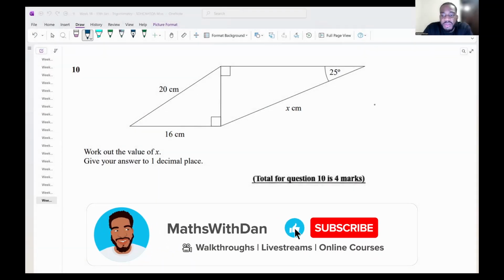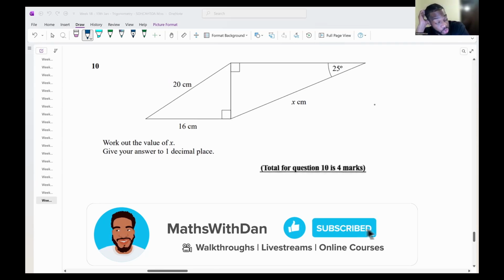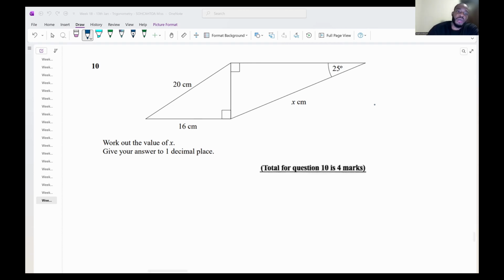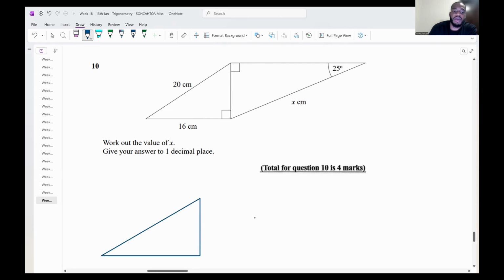Right, so let's have a go. So it says, well, we've got a shape, we've got a couple of sides, we've got two triangles. It says work out the value of x. Whenever you've got two shapes joined together, in this case two triangles, you always want to split them. So I split into one triangle on the left, like that, and one triangle on the right,